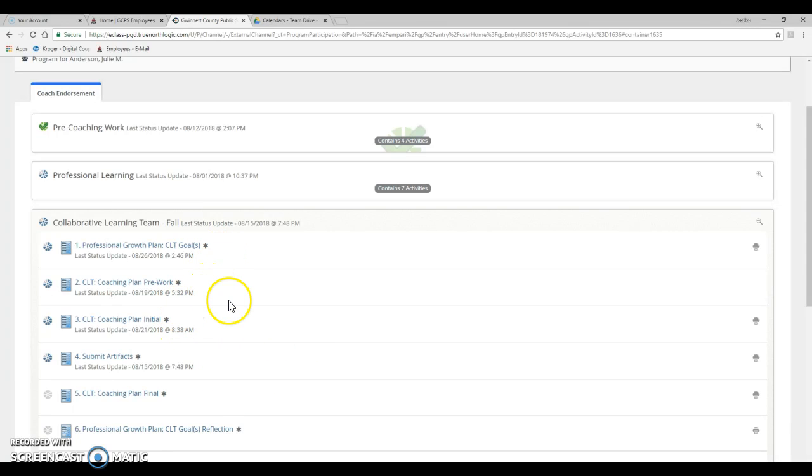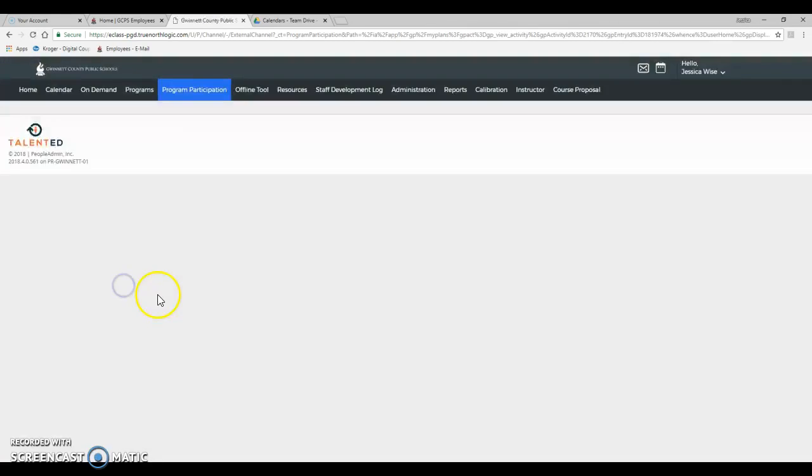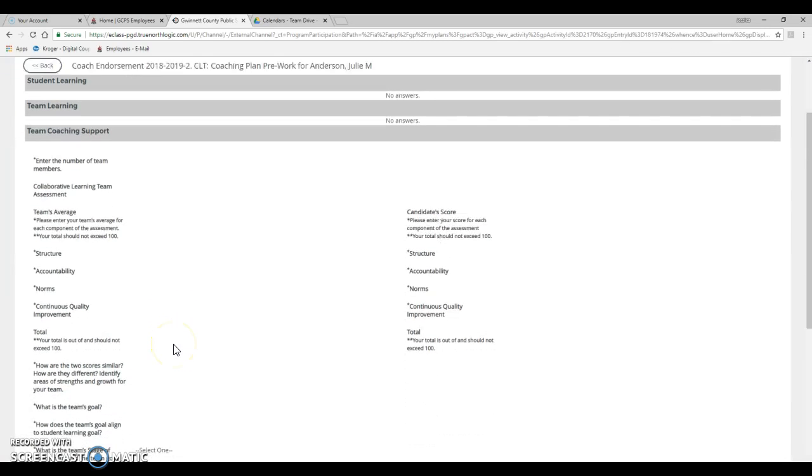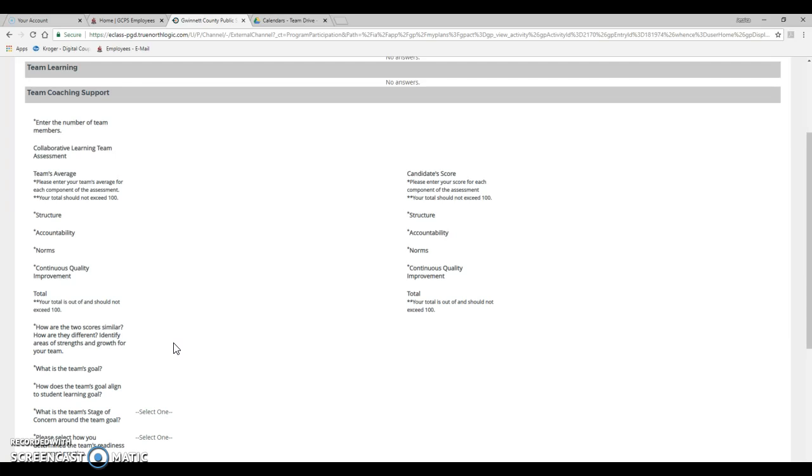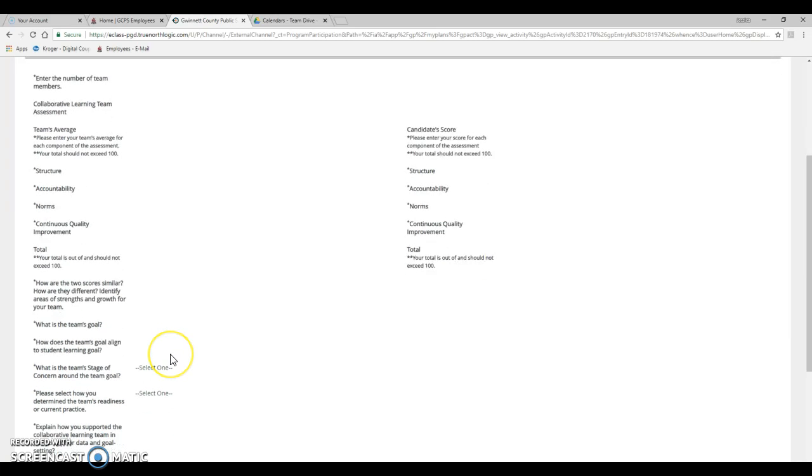And I absolutely will. Okay, so for the second one, the CLT coaching plan pre-work. This is that CLT self-assessment I talked about at Saturday session for all of like 3 minutes. The CLT self-assessment can be given to your CLT either in a whole group during a meeting, or you can hand it to them, put it in their box, and ask them to turn it into you when they have a chance. So in this area right here, you will put the